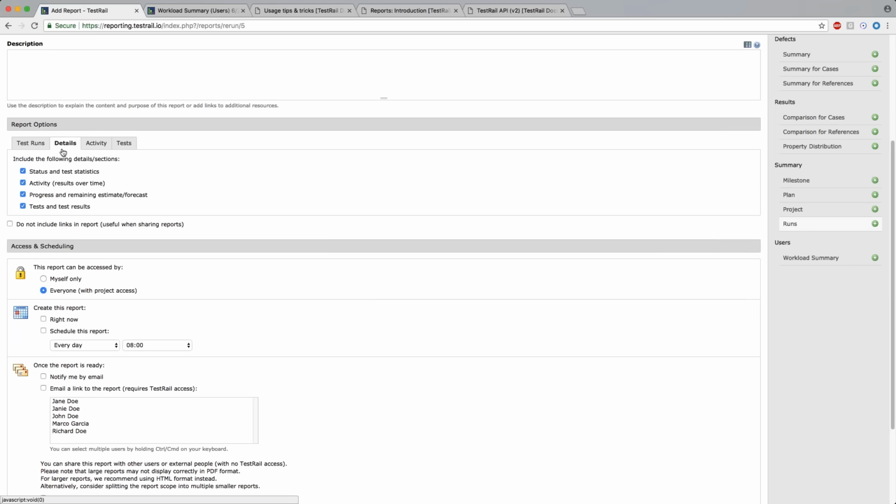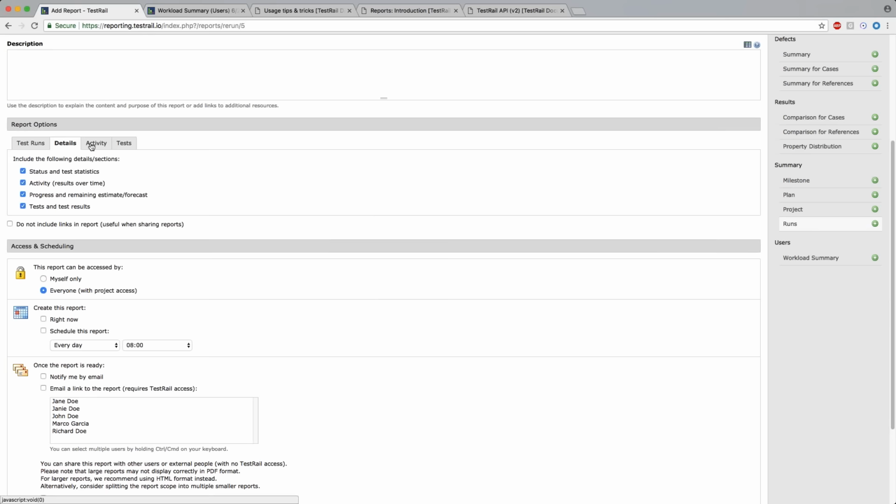So the details tab for this specific report, for summary reports, it's going to show you the sections that are going to be visible throughout the report. Some of these might not be relevant to what you want to get out of the report, so you can disable some of these sections. For example, if you don't want to include all of the tests in the report, you can disable this, but you can still see the overall aggregated statistics for the rest of the data on the report. So this is the most often used feature to disable, since not a lot of teams like to go through and read every single line of the report,